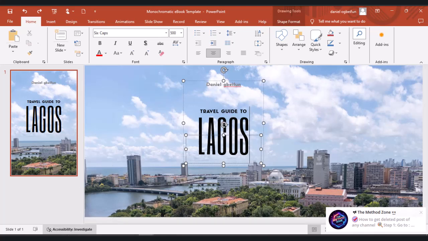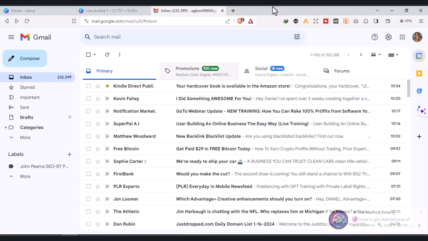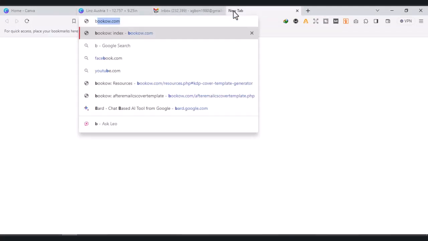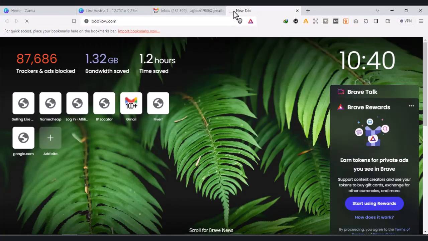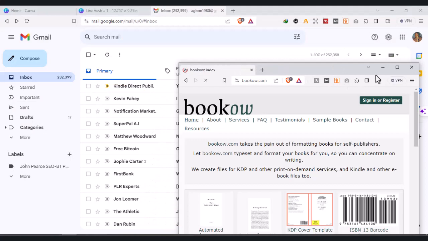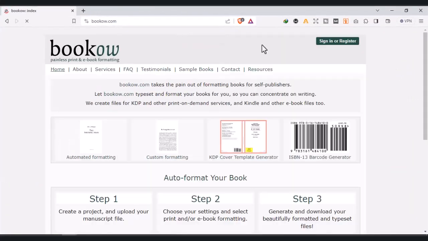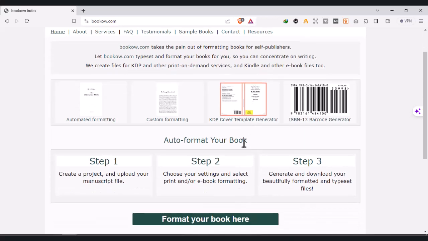Now what you do is that you come over to this website called BookCow, BOOKCOW.com. You can also use the Amazon KDP templates, but we are going to go with this, a calculator. So this is the BookCow website. We're interested in this KDP cover template generator. You click on it,